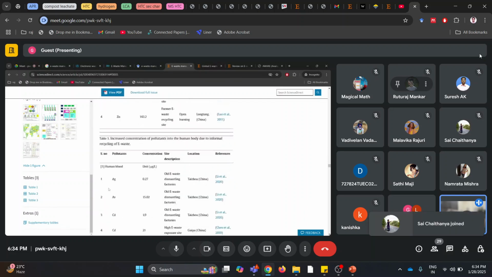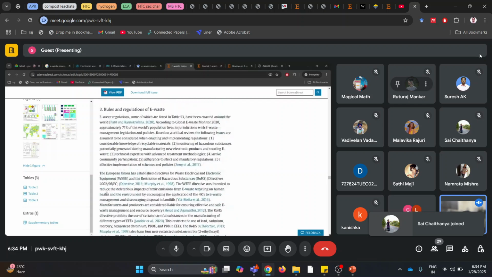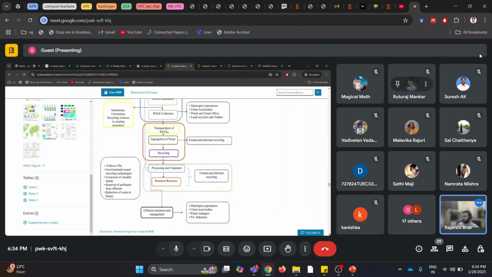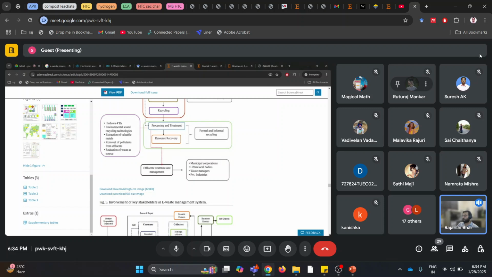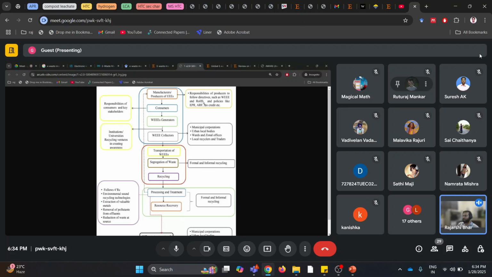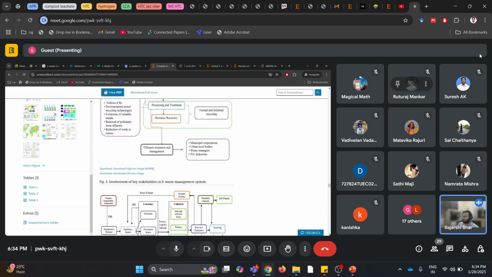Now after this, let's go to the next figure. What is the caption? Involvement of key stakeholders in e-waste management system. I guess you will be coming across these kinds of figures in the class, in the lecture slides taught in the class as well. So first is manufacturers or producers of electronic equipment,